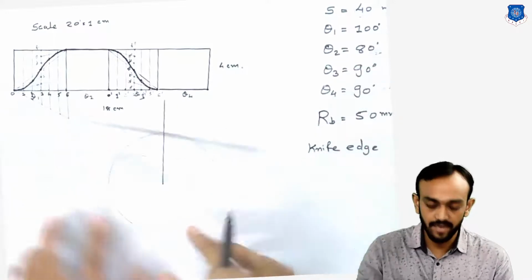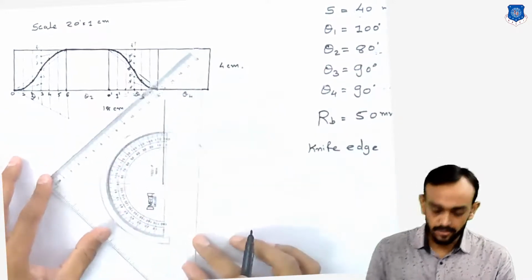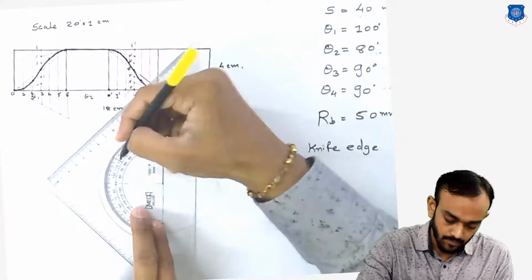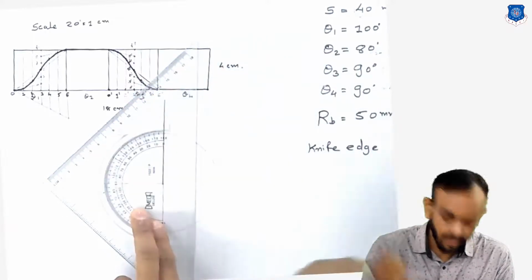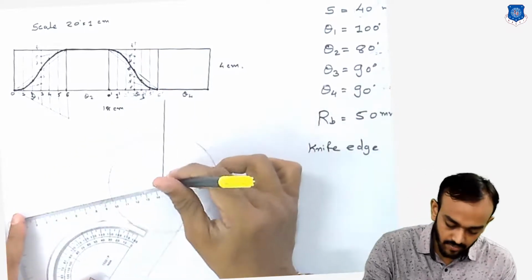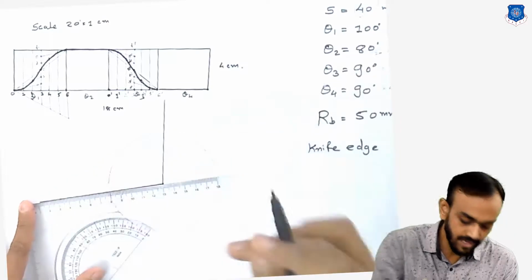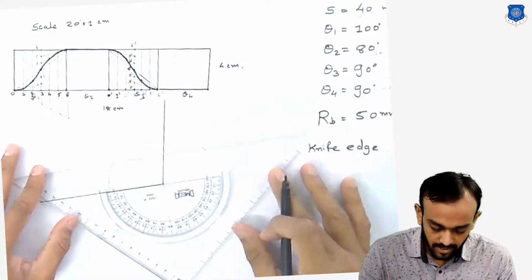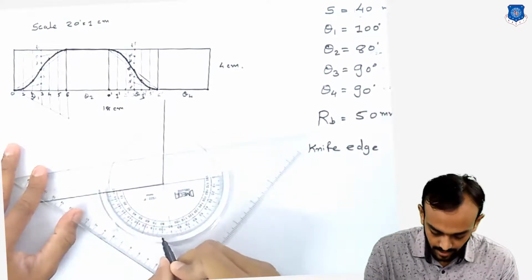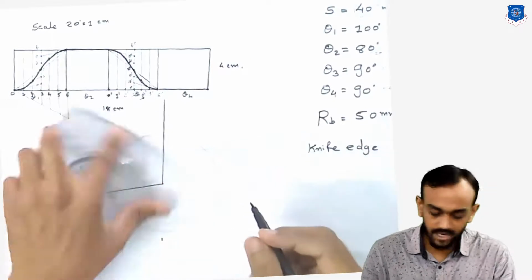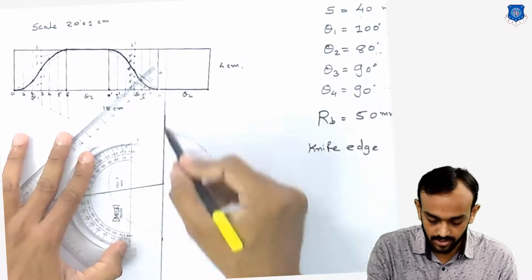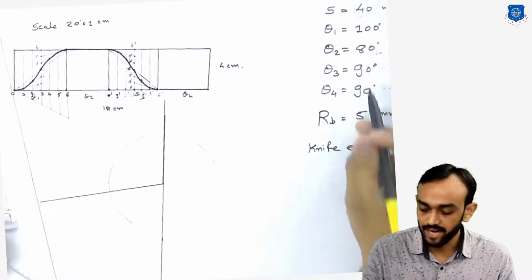So the first angle is 100, so I will set my protractor here, and 0 will be the center here, the 0 line is here, and 100. So the first part will be here at 100, then the second is 80. I can make this line here, and measure 80 degrees again with respect to that. Or I can draw the vertical line directly, because 100 and 80 make 180. So you can check here, this will be the second partition, and then 90 and 90.